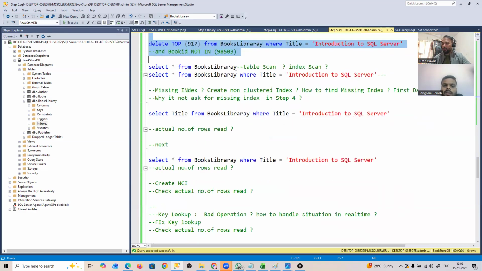Now tell me, if I do a select star from the table, what will happen? Will it be an index scan, a table scan, or what will be the operation in the execution plan? It is in an ordered way, so it will do an index scan. Again, there are two kinds of indexes. On book library there is only a clustered index, so it will go for the index scan, but which one? Clustered index scan, because we have the clustered index here. So if I execute this,